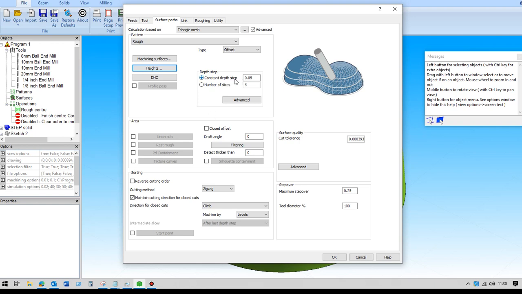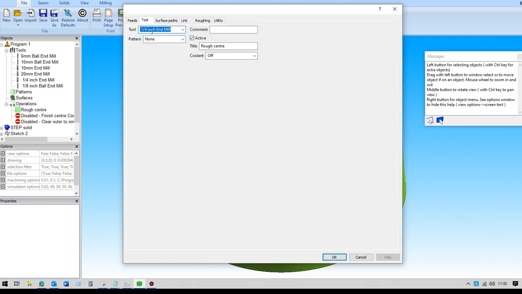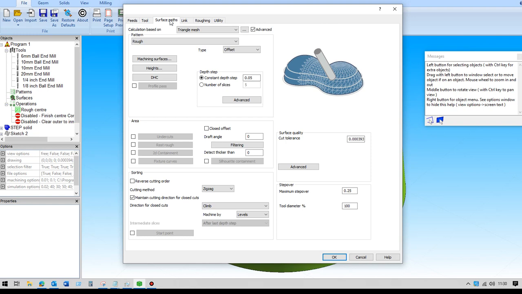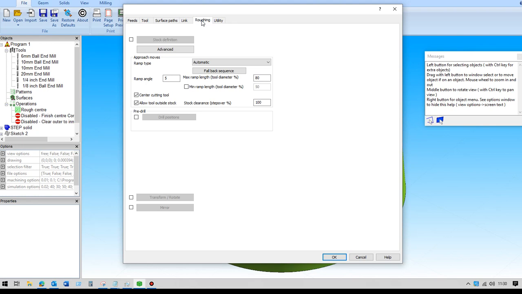The depth step is set and the step over is set. These are determined by the tool size. I'm using a 1/4 inch end mill here. If we don't specify any stock material, then the roughing will only take place on any cavities that it finds within the features. As far as the entry and exit features are concerned, we can set the roughing to automatic,